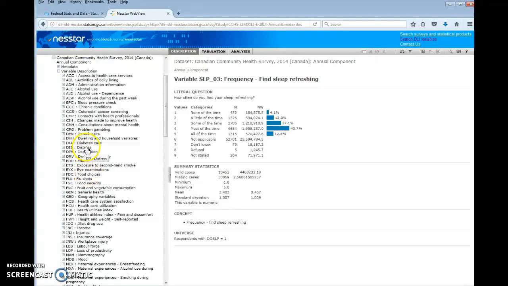Distress. If you are stressed out, does that mess with your sleep? And you can see there are many different categories. So you pick one and you start to play around and you start to explore. So once you've spent some time on the left figuring out what variables you might want to compare sleep to,